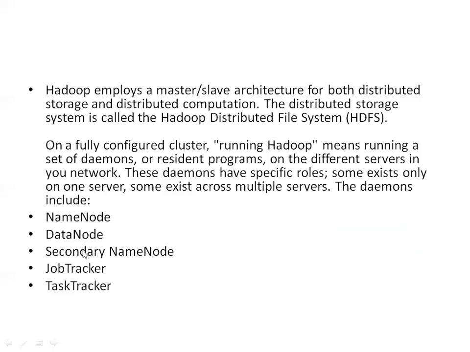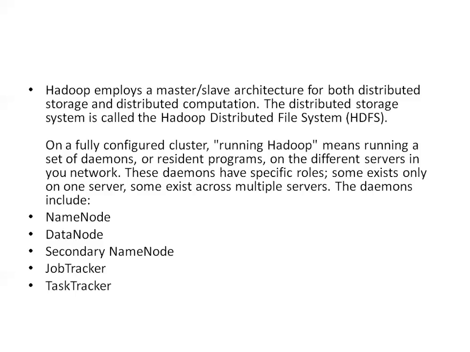As I just told you, Hadoop is developed with Java programming, right? And we have some daemons, threads, some programs which are running behind. That is the daemon threads: name node, data node, secondary name node, job tracker, and task tracker. So these are the building blocks of Hadoop. Hadoop contains two major components. One is the Hadoop distributed file system, and the other one is MapReduce. So first we are going to learn about HDFS and its building blocks.